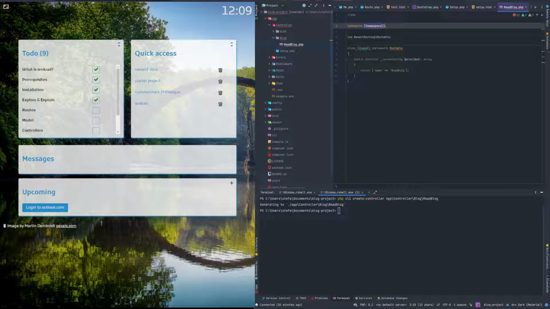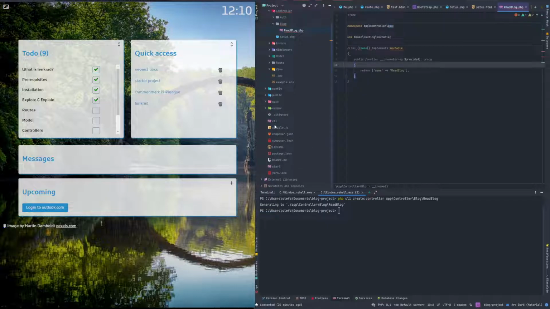Stupid composer cache. Namespace is now, sorry, app controller. It's going to kill me. Actually, let me quickly fix this. Why are we having this problem? So let's simply do,